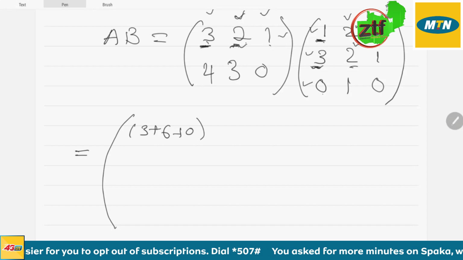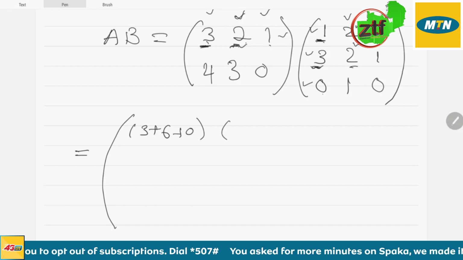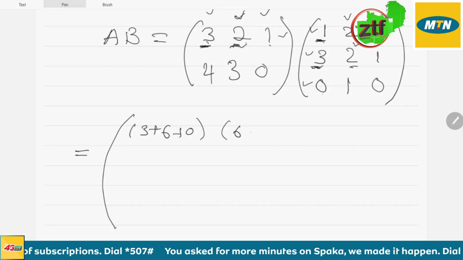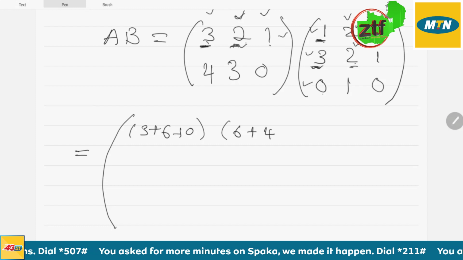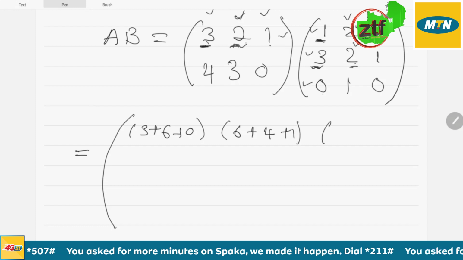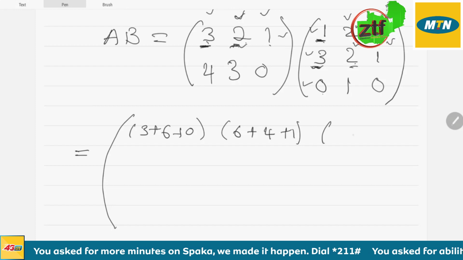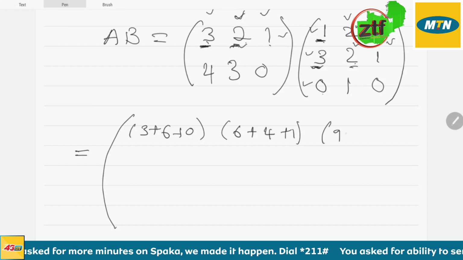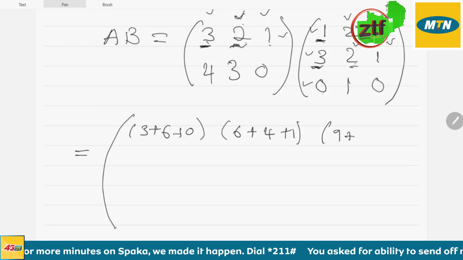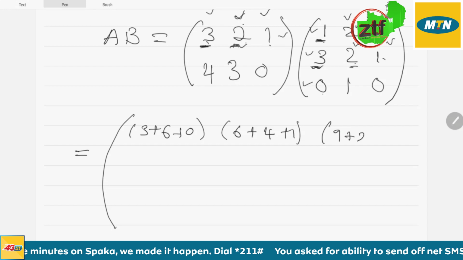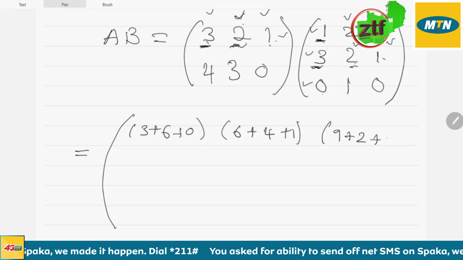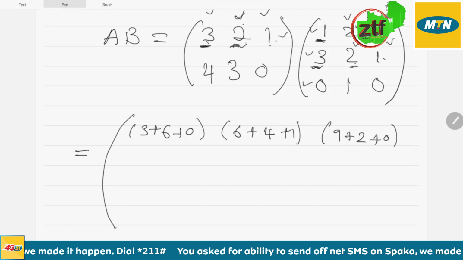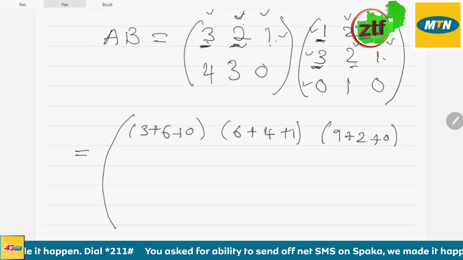So then we'll have 3 multiplied by 2, we get 6. Then 2 multiplied by 2, we get 4 plus 1. Then 3 multiplied by this 3, we get 9. Then plus 2 multiplied by 1, we get 2. Then plus 1 multiplied by 0, we get 0. Okay, so we have all the elements in the first row. Then we go to